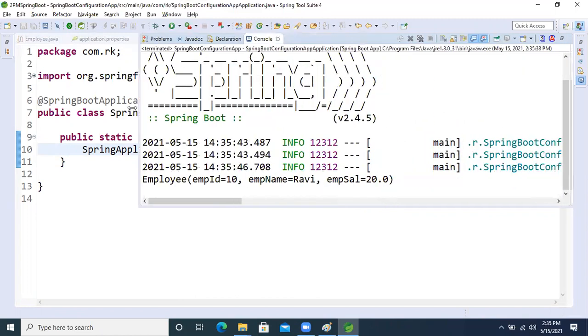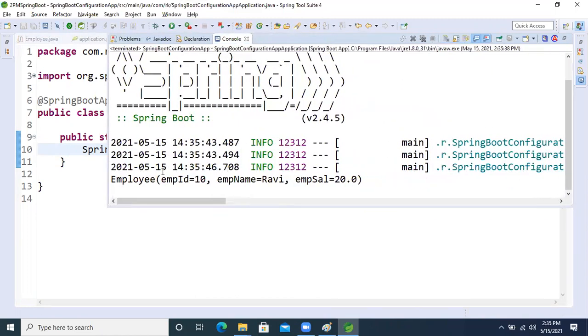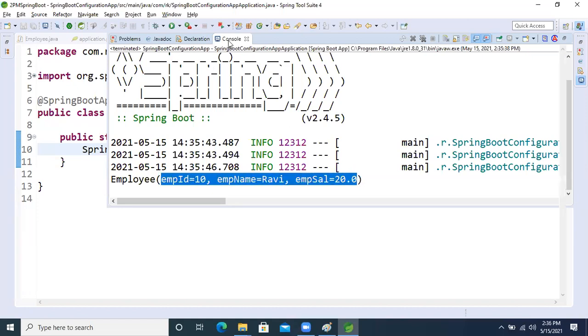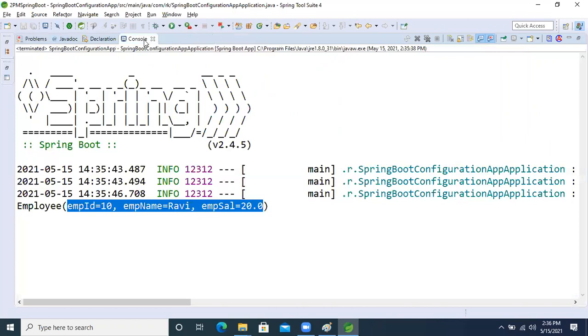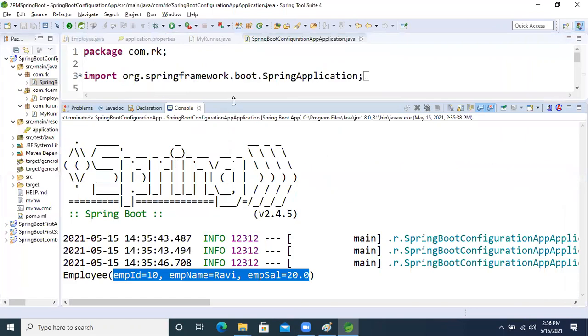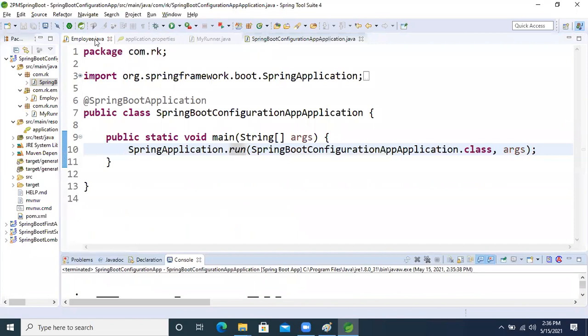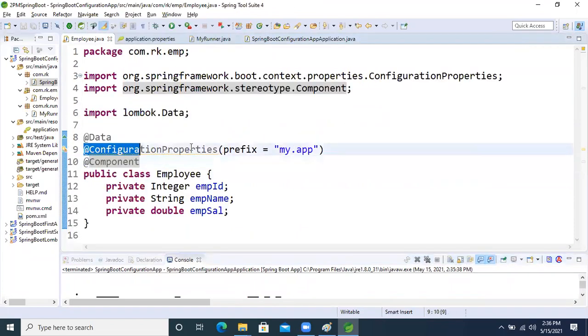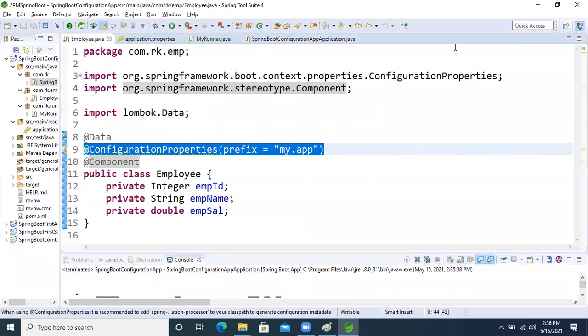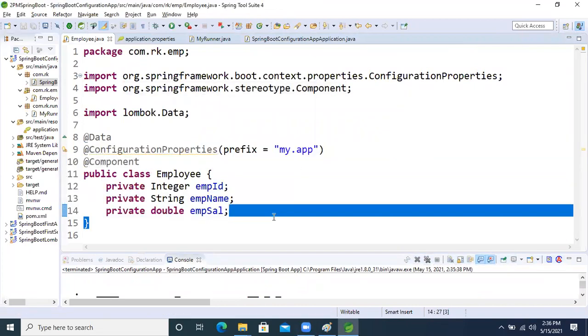See that, guys? We are getting the result. Our IoC container is able to inject this data by default. So instead of writing multiple annotations, we just apply @ConfigurationProperties on top of that class, and we are able to inject multiple values based on that only one annotation. Okay, guys.